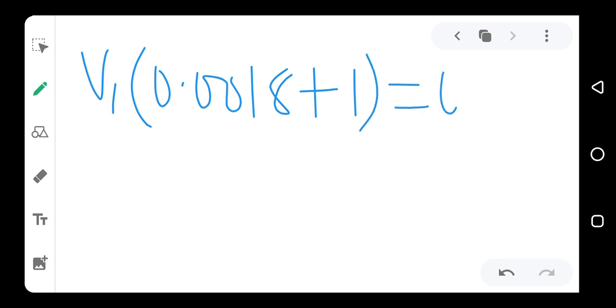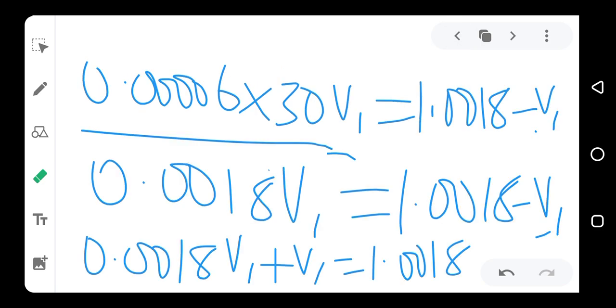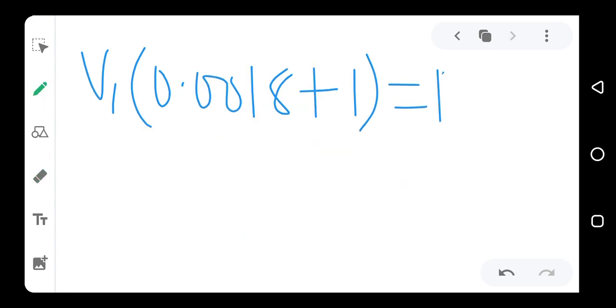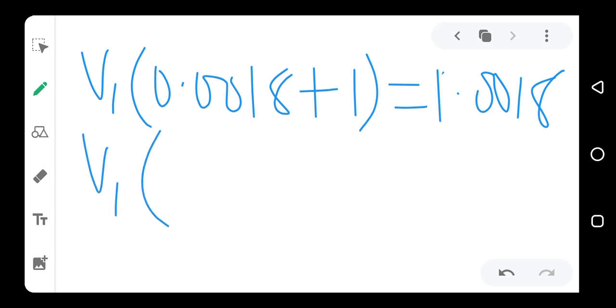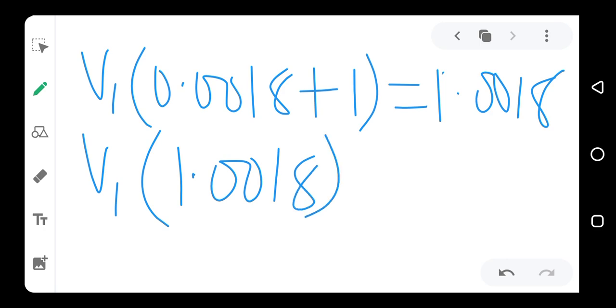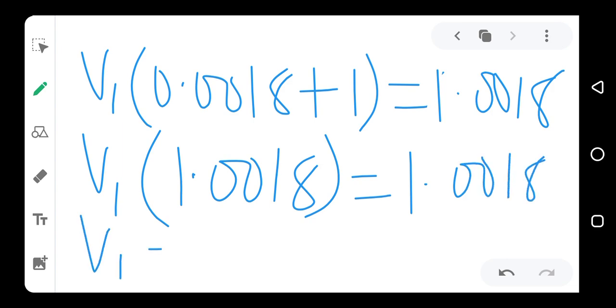This gives us 1.0018. We equate it to this one, so 1.0018. So the left hand side now becomes V1 bracket 0.0018 plus 1, which will give us 1.0018, is equal to the right hand side, which remains 1.0018, and that means that V1 is equal to